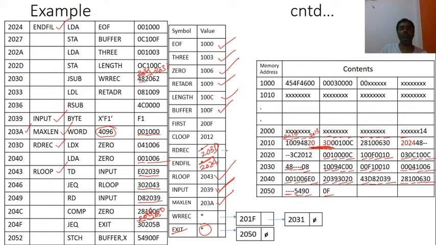And when we get the END statement in the program, you know that at the END statement there is some label, like this. When you see the book corresponding to this program, there is the statement END FIRST. It means we have to check what the value corresponding to FIRST is. You can check it from the symbol table. What is the value corresponding to FIRST? 200F. Start the execution from address 200F. That is the task of the load and go assembler.